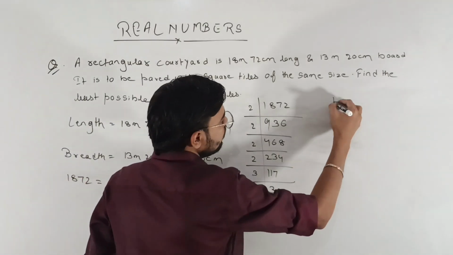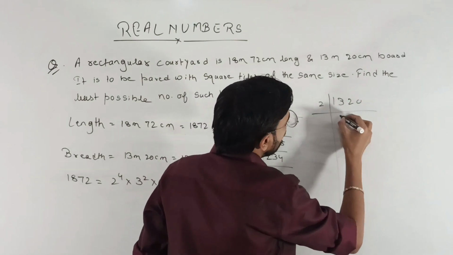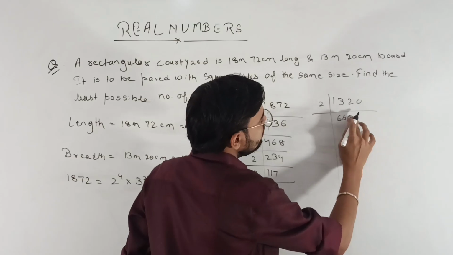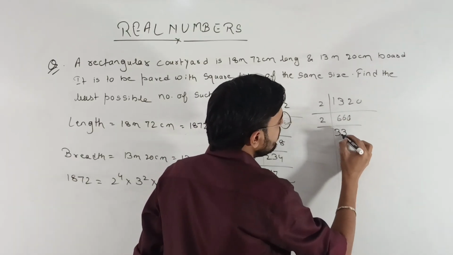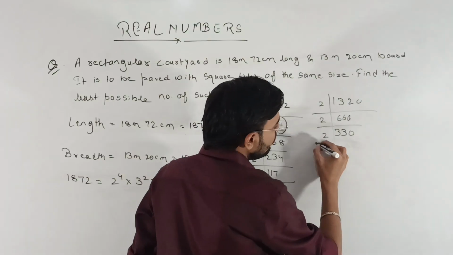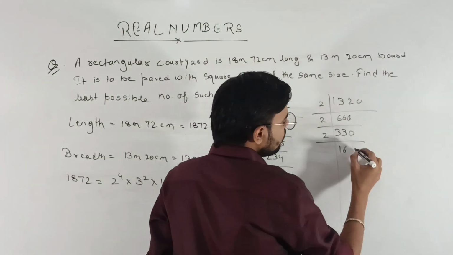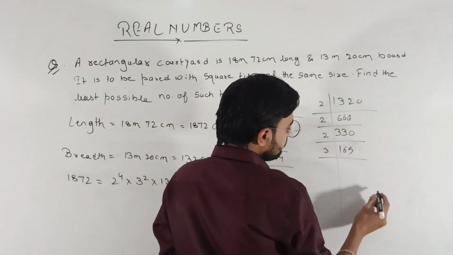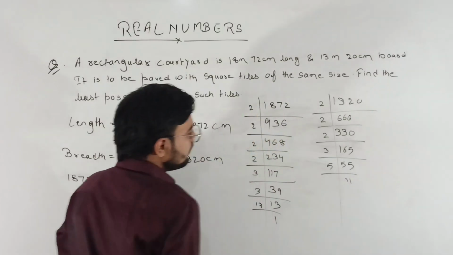Similarly 1320. Again by 2, 2 6 are 12, and 0. Okay. Now again by 2, 2 3 are 6, 0. Again by 2, 2 1 are 2, 2 6 are 12, 2 5 are 10. Again by 3, 3 5 are 15, 1 by 5, 11. Then